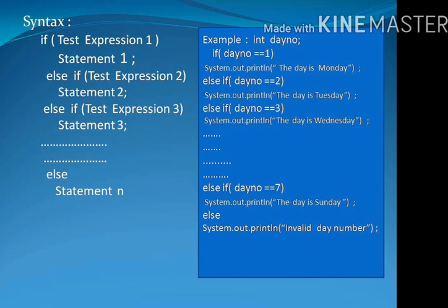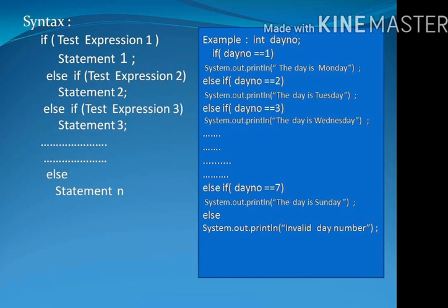From this syntax, all of you can understand that if the test expression 1 condition is true, then statement 1 is executed. If test expression 1 is false, then the program control searches for the next condition. Here the next condition is test expression 2. If it is satisfied, then statement 2 is executed.